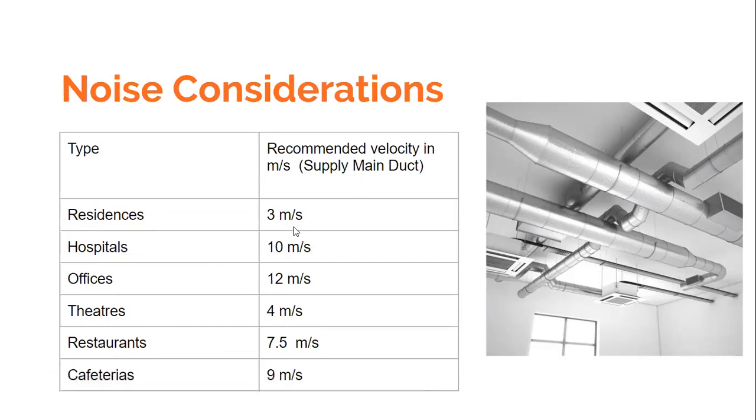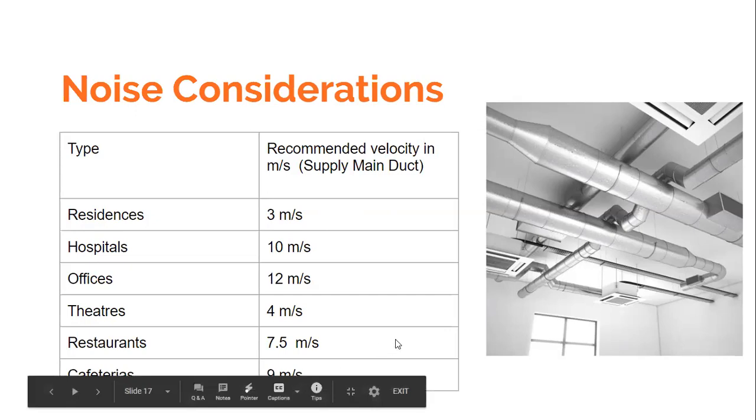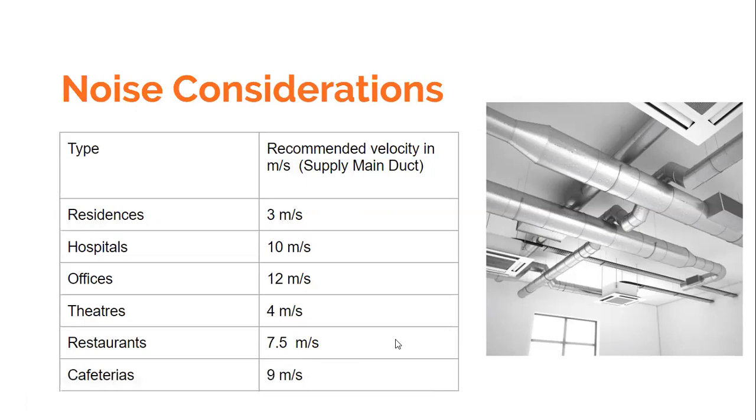Now, how much velocity we need to keep, that we need not worry. It is already documented by ASHRAE, all the air conditioning data books, you'll find this data. So we will not bug up this. We just remember what is the order of magnitude. For example, residences, we need to choose the velocity of 3 meters per second. For cafeteria, it has to be 9 meters per second, like this. Okay, so these are the typical values. They are either expressed in meter per second or meter per minute.